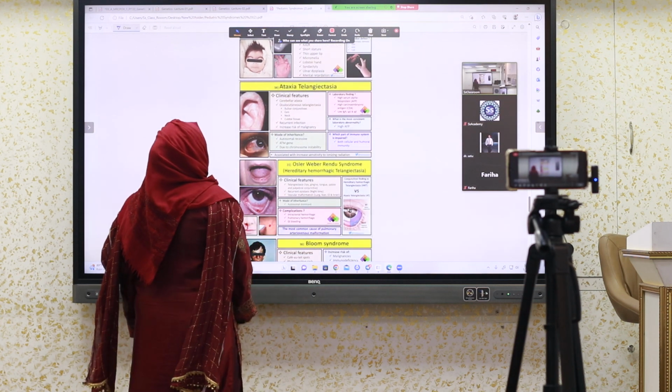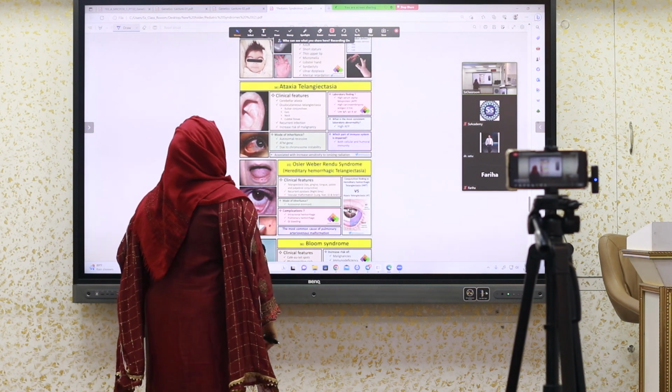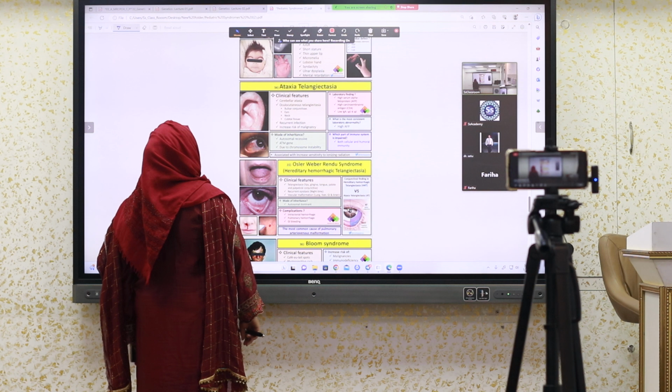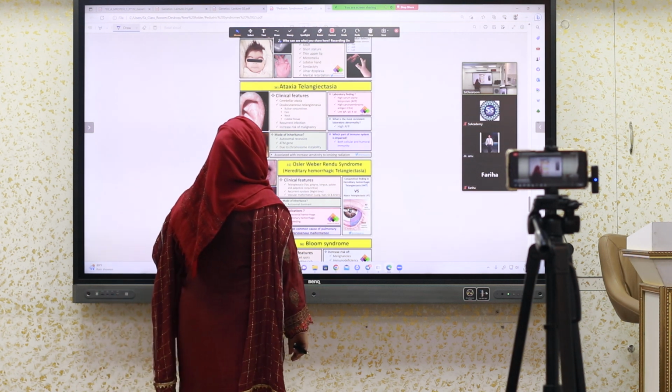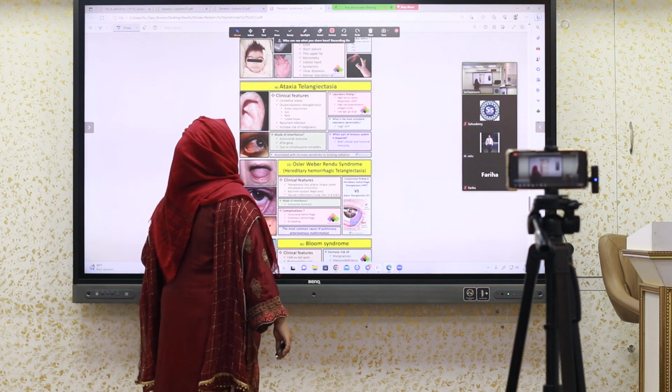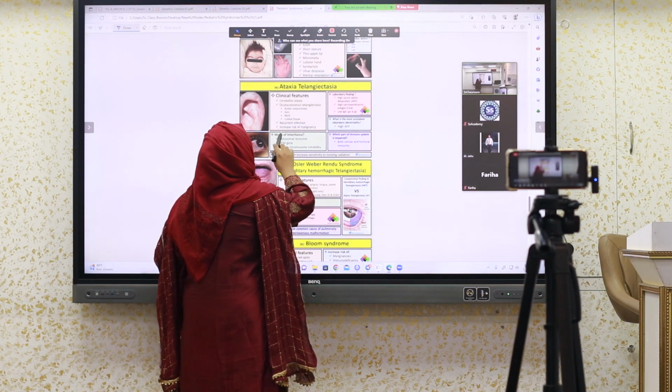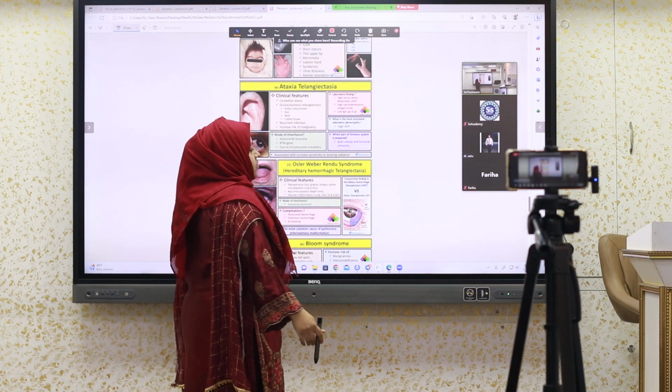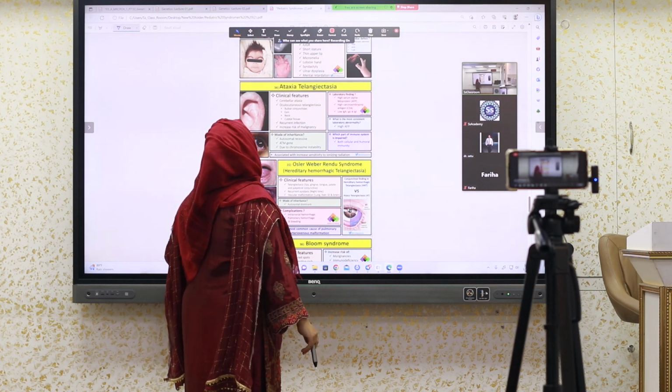Do you remember ataxia telangiectasia? I think, did I discuss this? No, you have not attended the neurology class, just go through it. It also has immune deficiency, and ataxia is ataxia. They will have ataxic gait, nystagmus,